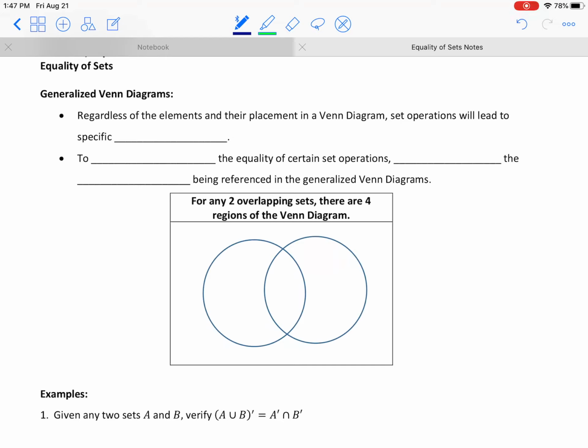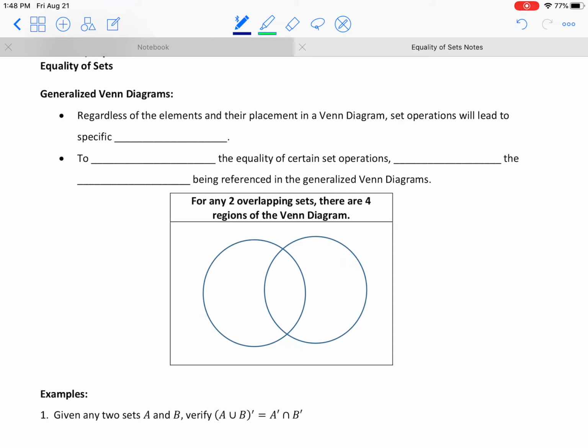The interesting thing about the lesson today is that although we're still looking at Venn diagrams and set operations, we aren't going to be looking at specific sets or specific elements within sets that go into areas of the Venn diagram. What we're going to be looking at is a really generalized picture, okay? Because no matter what two overlapping sets you have, or no matter what three overlapping sets you have, there are a limit to the regions of the Venn diagram where the elements could go. So we're taking away the specific sets, and we're looking at just regions of Venn diagrams for today's set operations,